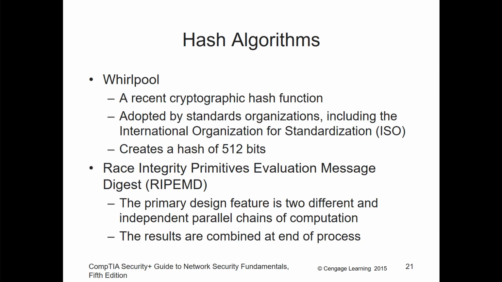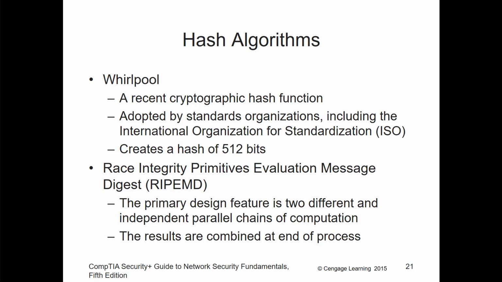SHA-1 is very common, but again, SHA-1 has been shown to be a concern. So there is a new SHA-256, which is where it's heading. Whirlpool is a more recent cryptographic hashing function, and this was adopted by the iOS. It does create a hash of 512 bits like MD, and again, it's a little bit more secure than the